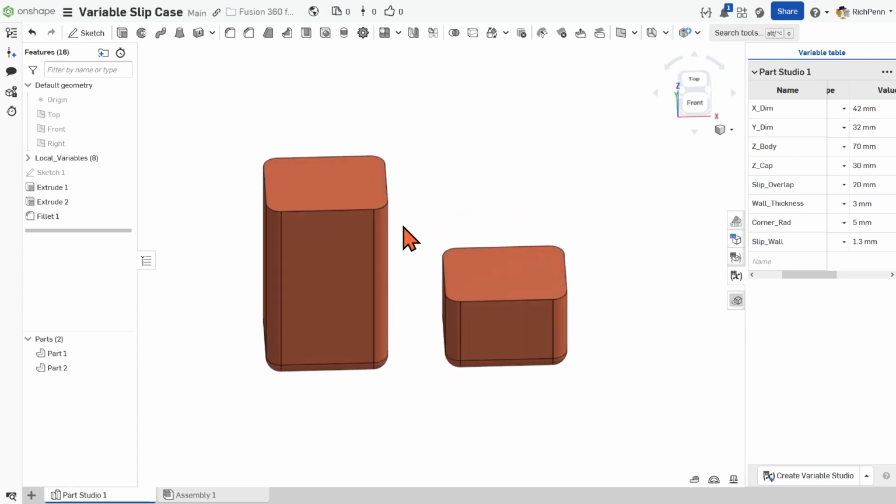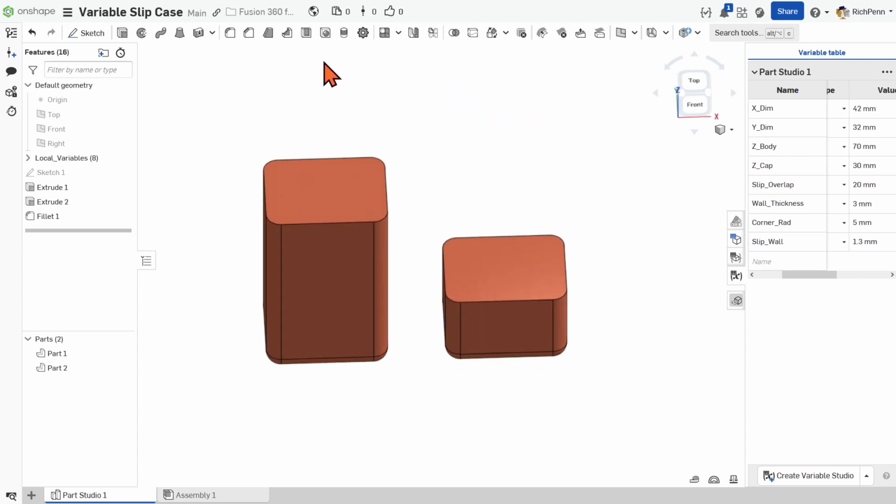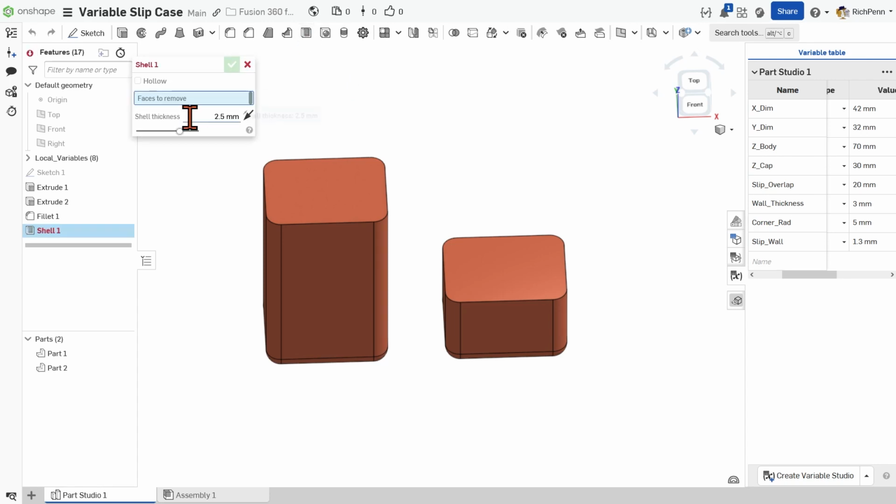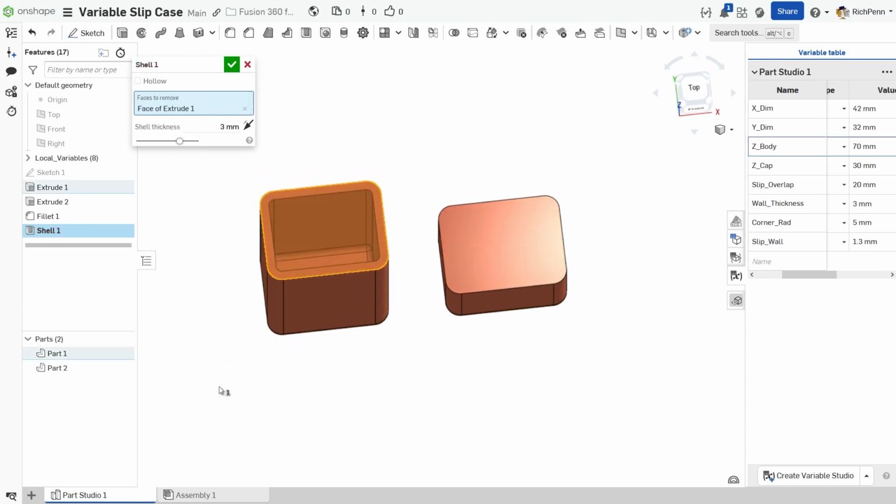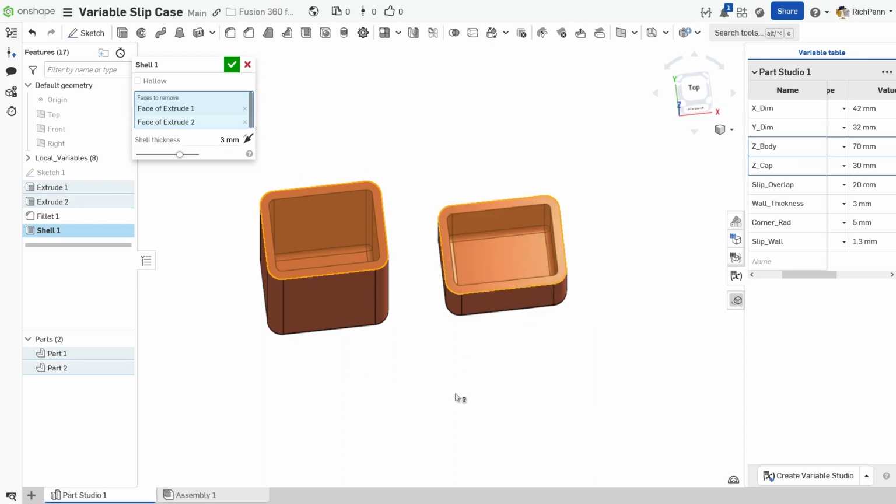What we need to do is hollow the tubes, and the easy way to hollow the tubes is to use another feature called shell. And we will go to shell, and it will say what is the shell thickness, and we're going to once again say $, and we're going to wall thickness and hit enter. And then we're going to select faces to remove, and we want to remove this face, and we want to remove that face,